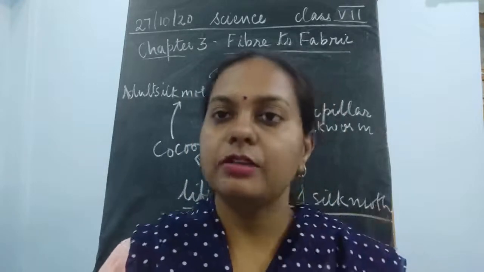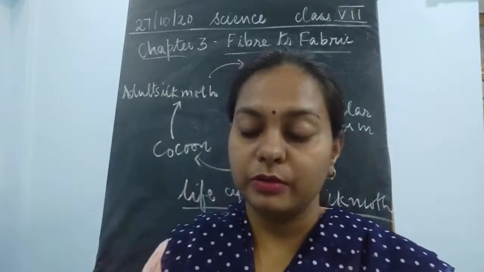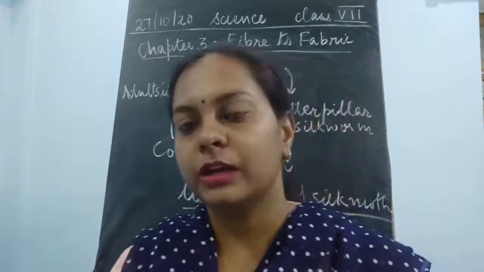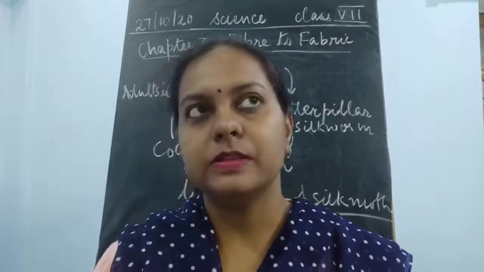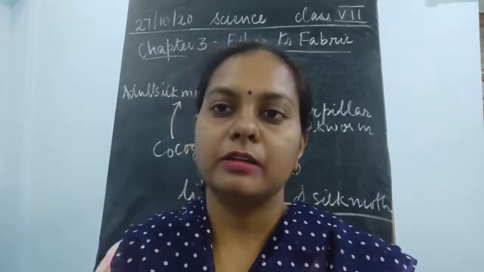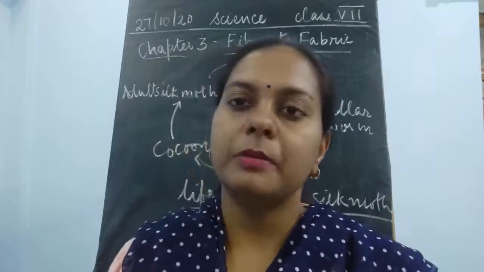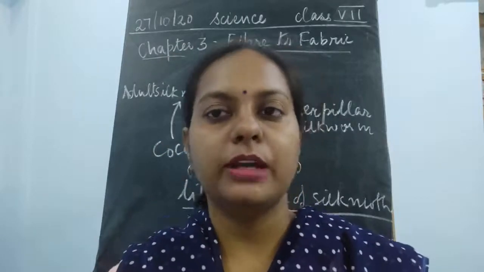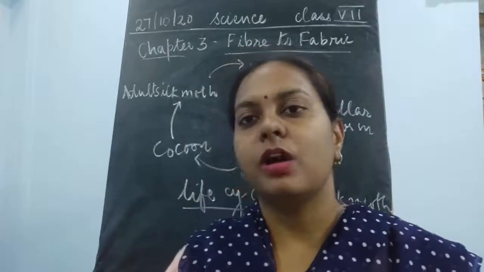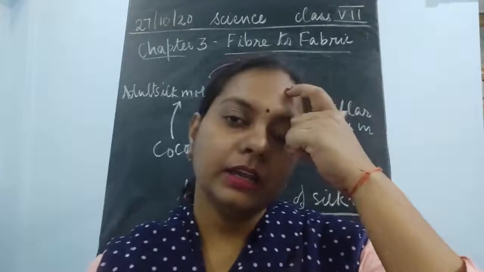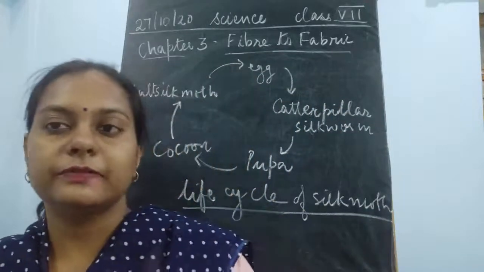It is kind of a story of the fiber, till how it is woven into the fabric. So we have to study mainly the animal fibers. Here we are mainly concentrating on two animal fibers. One is wool, which is obtained from wool-yielding animals. Similarly, another type of fabric is silk, which is obtained from a small insect called the silkworm.